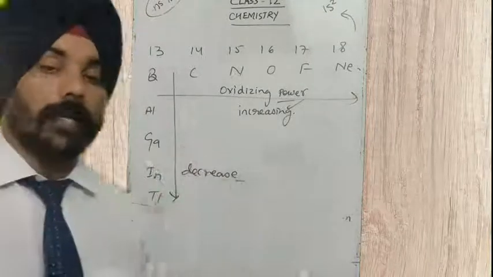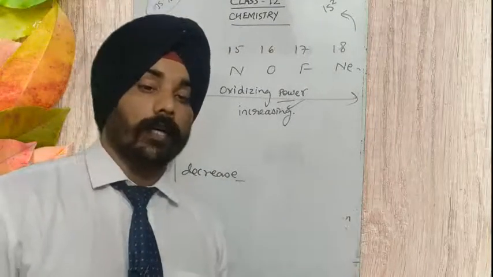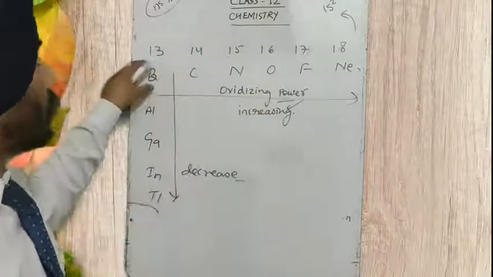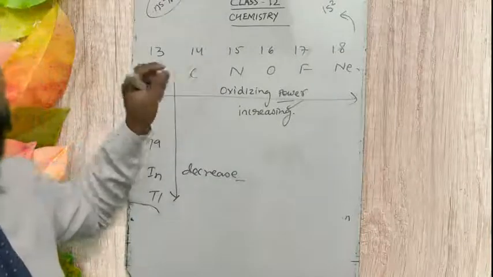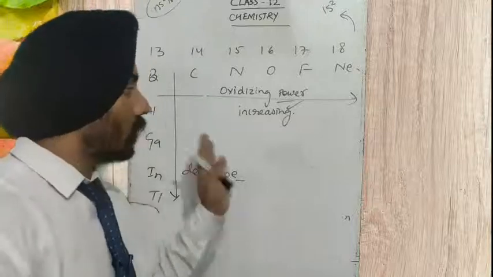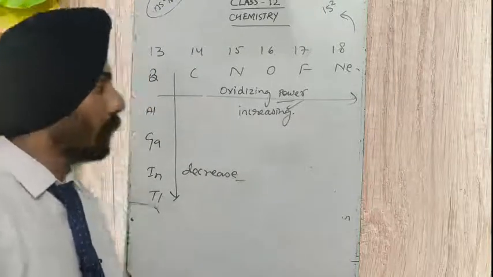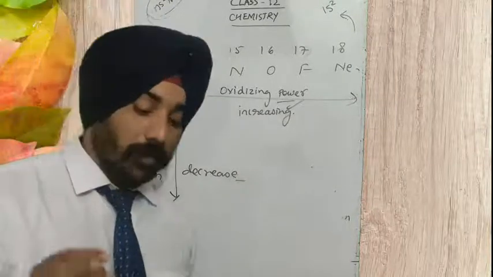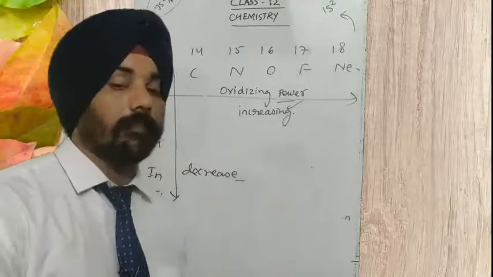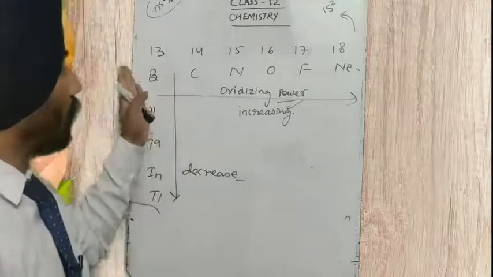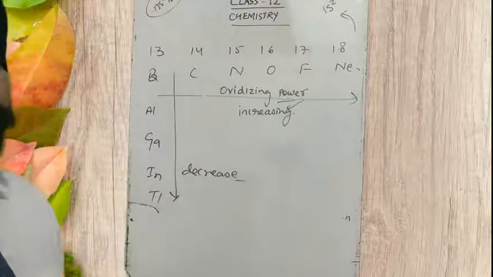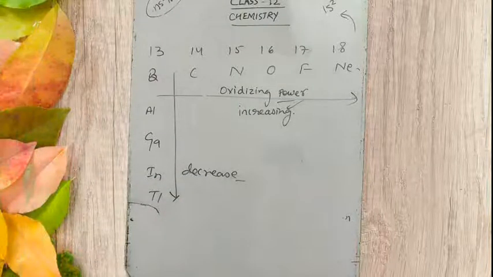And once again let me tell you, we are not talking about the scale, and I am not writing that the oxidizing power of this element is this one and that element is that one. It's just a common trend we are talking about, how we should see this oxidizing power. Okay, you might have understood what an oxidizing agent is, what a reducing agent is, and how the oxidizing power changes when we move from left to right in a period and from top to bottom in a group. Okay, you must remember this.